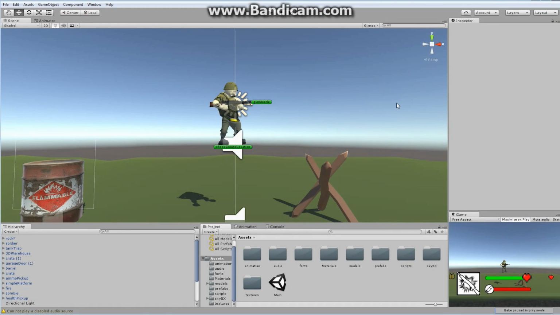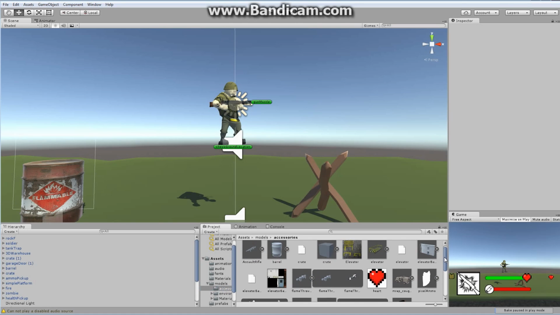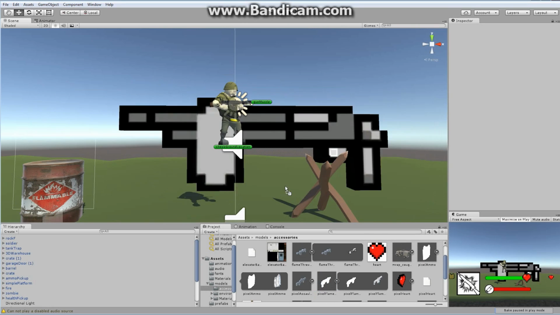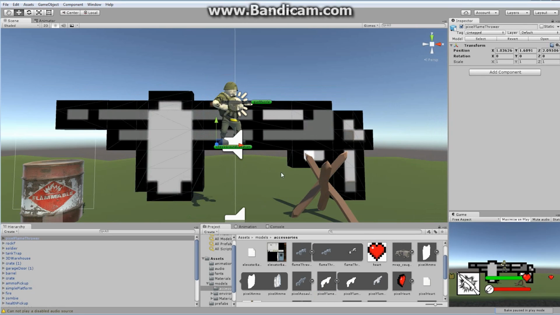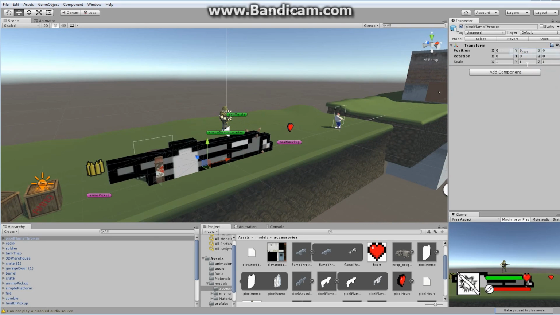Okay guys, so what we're going to do first of all is create ourselves our flamethrower pickup. And it's really easy to do. We've already done this before. I'm going to go in here and find in my models, where's my models, right here. In my accessories, I'm going to find the flamethrower right here, and I'm going to drop it off. There we go. Alright, it's huge, just like they always are. Let me set this to 0, reset it, so it's at the actual origin. And I'm going to change the name right away to flamethrower